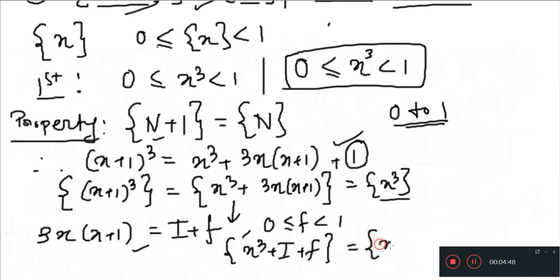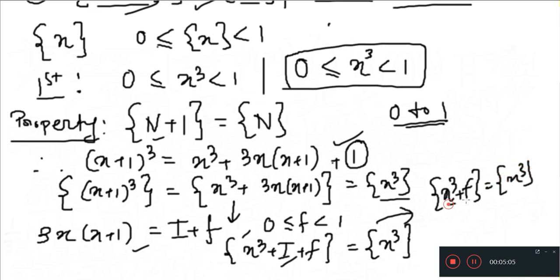Which should be equal to the fractional part of x cube. Now consider one thing: this I is an integer, so it's periodic, and the periodic property allows us to rule out this x I, which gives us x cube plus f will be equal to x cube. Now consider that since x cube and f are both fractions, the fractional part of x cube must be